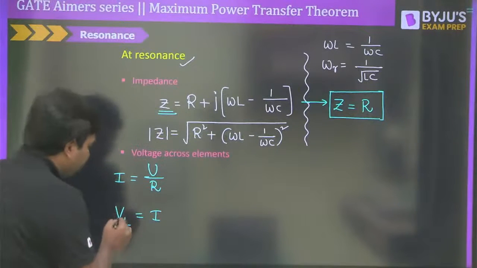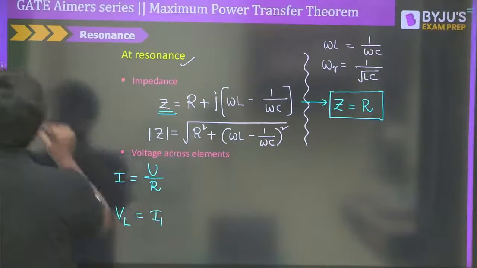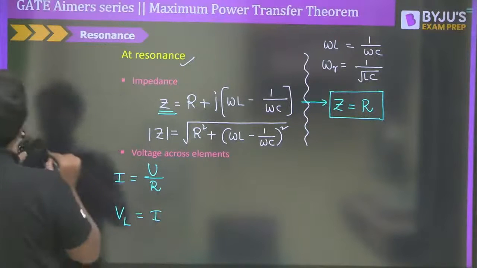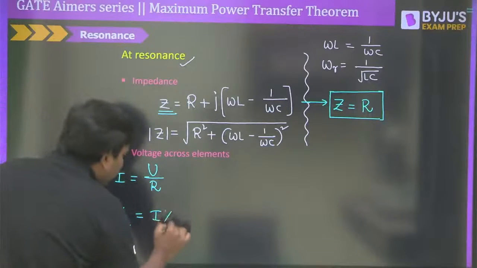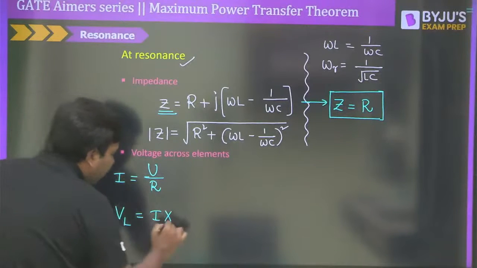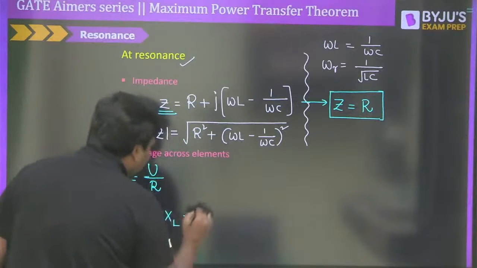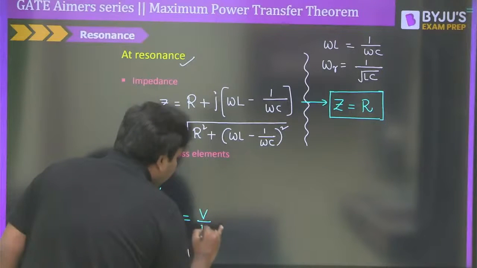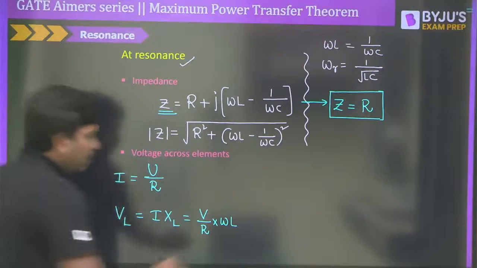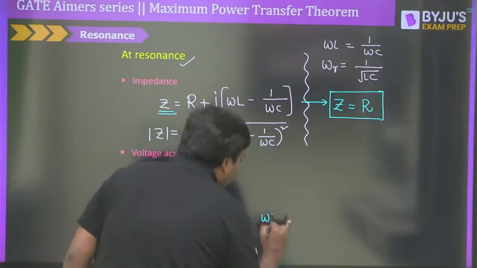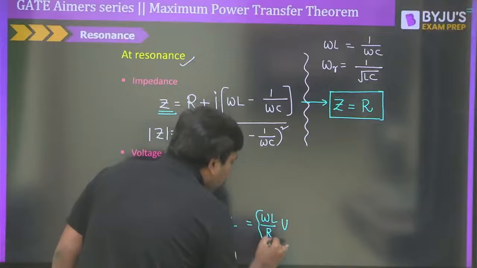As all are connected in series, without waiting for the second time, I can say the voltage across the inductor is equal to the current flowing through the inductor, that is simply I only, into, if you are looking for the magnitude, then obviously because it is magnitude, I am writing only the magnitude of the inductive reactance. So this will be equal to XL, correct? So moving ahead, the value of I is V divided by R, into XL, which is nothing but omega L here, correct? I can say omega L divided by R, of course, into the applied voltage. And this omega L by R, what is it called?